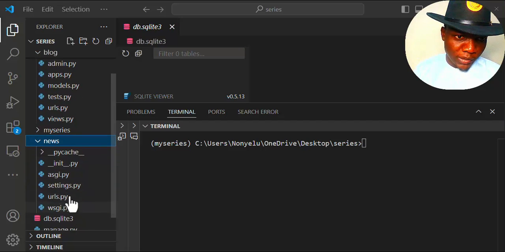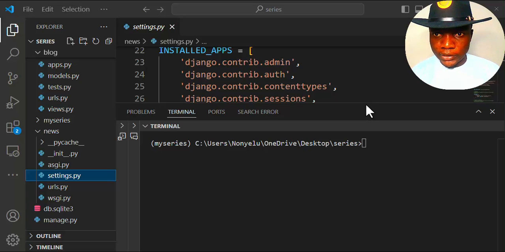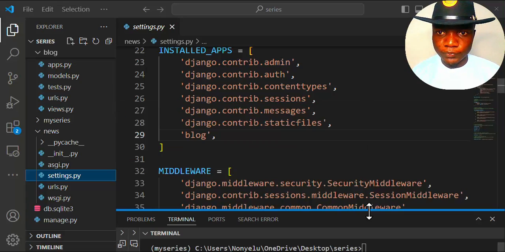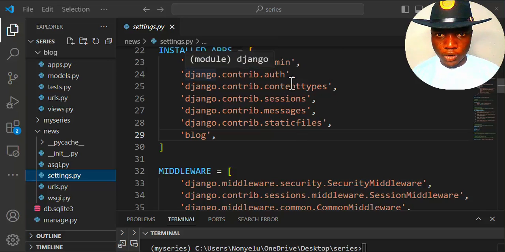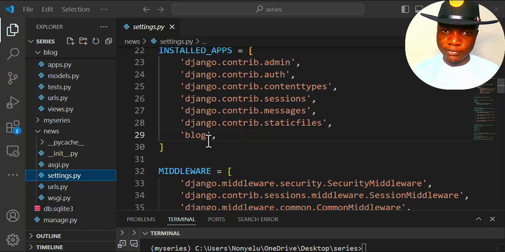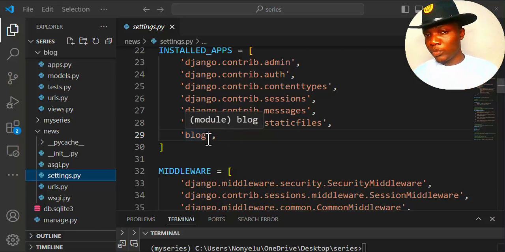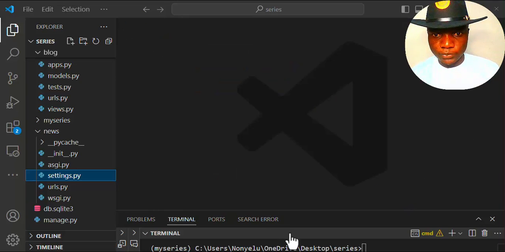If we go back to the settings.py and we go to the installed apps list, you are going to see that we have admin, authentication, content types, session, messages, and static files. So all these things are going to be migrated before I now migrate my blog. It doesn't mean that I cannot migrate all of them, but I just want to do it one after the other. So let's pull up our terminal,